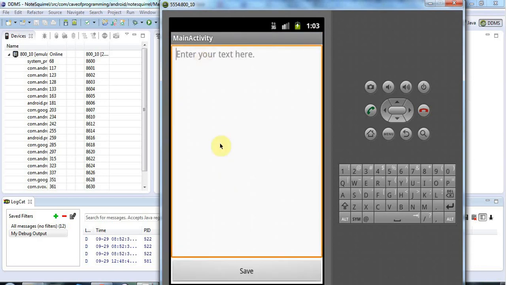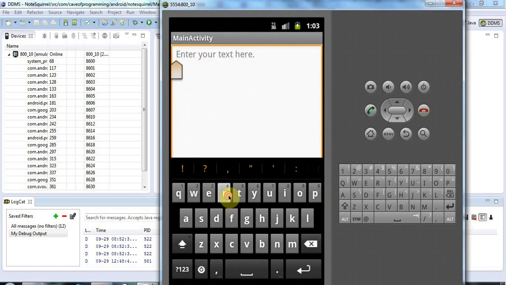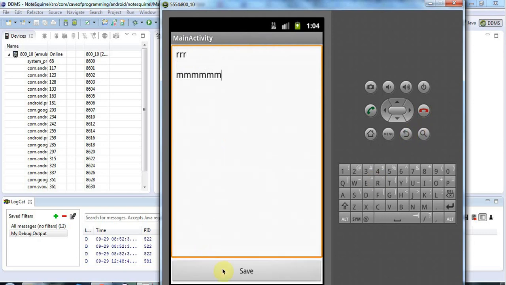So here we go, and let's click in there and just enter something. Here we go, and then let's have a new line in here as well, see what that does. And I'll dismiss the keyboard and click save,